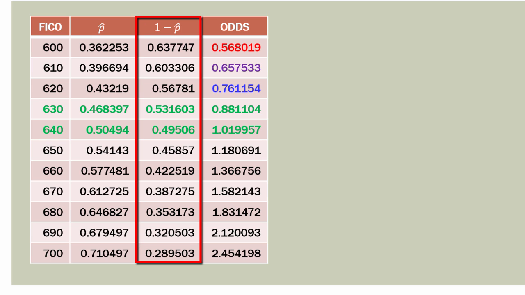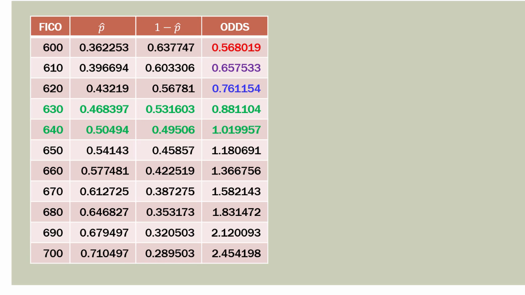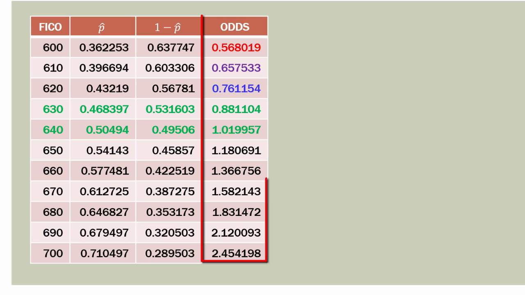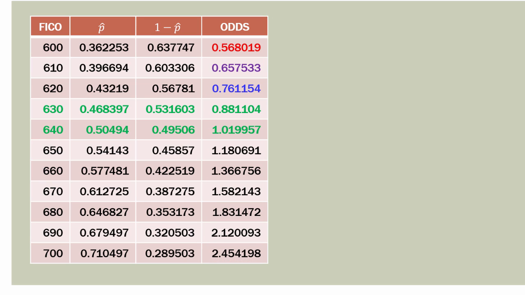Then in the third column, we have 1 minus p-hat. That's just 1 minus the probability to the left. So 1 minus 0.3622 is 0.6377. And that is pretty much self-explanatory. Then in the last column, we have the odds. So remember, that's just p-hat divided by 1 minus p-hat. So for a score of 600, we calculate the odds of 0.5680. Then we go all the way down to the bottom for a score of 700, and the odds of being approved in that case are